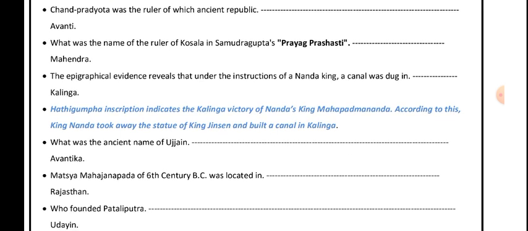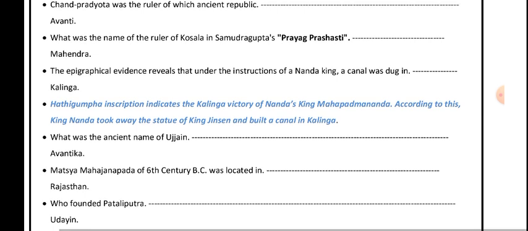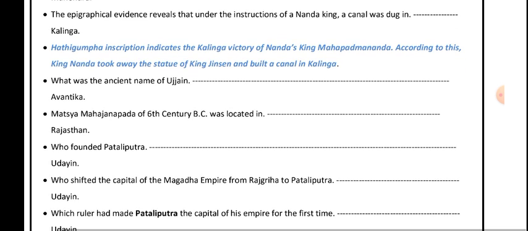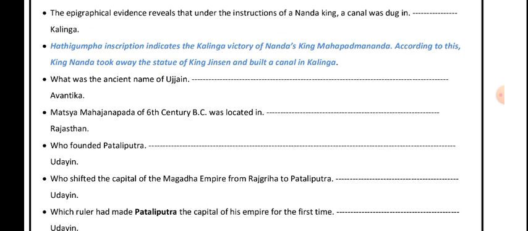Chand Pradyota was the ruler of which ancient republic? Avanti. What was the name of the ruler of Kosala in the Samudragupta Prayag Prashasti? Mahendra. Geographical evidence reveals that